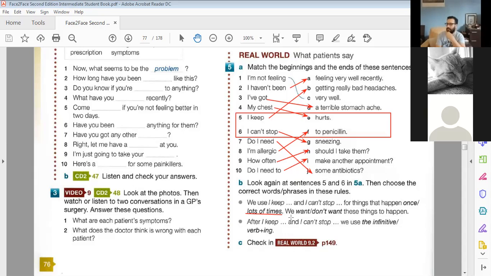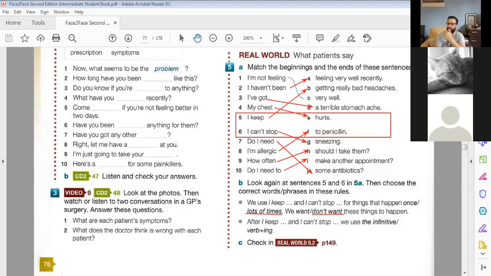It means you're kind of stuck with something and you're not happy about it, right? You're complaining about it. Exactly, you're complaining. I keep itching, or I keep scratching myself, or I keep feeling, whatever it is. So it's a complaint. All right, second point.